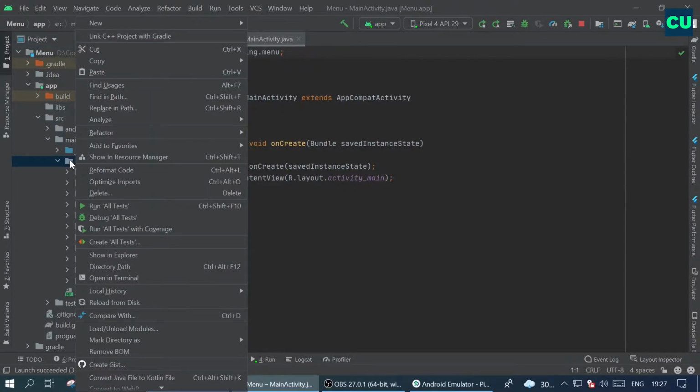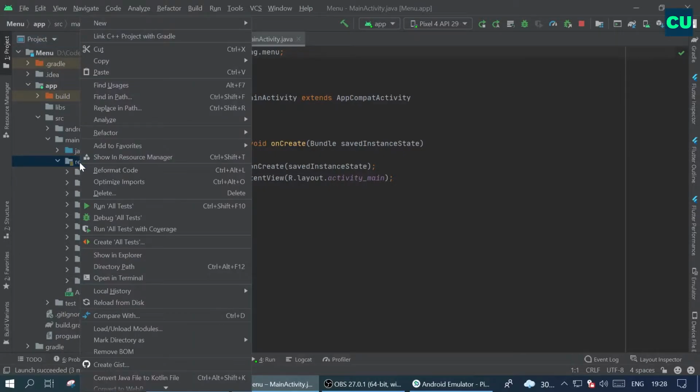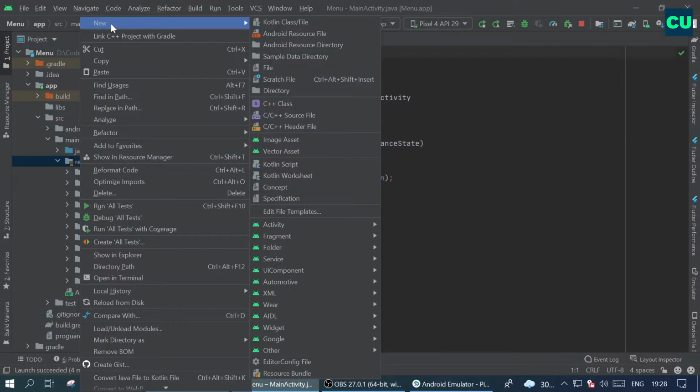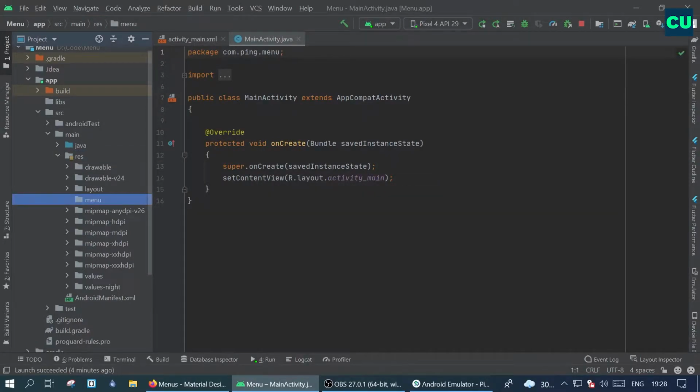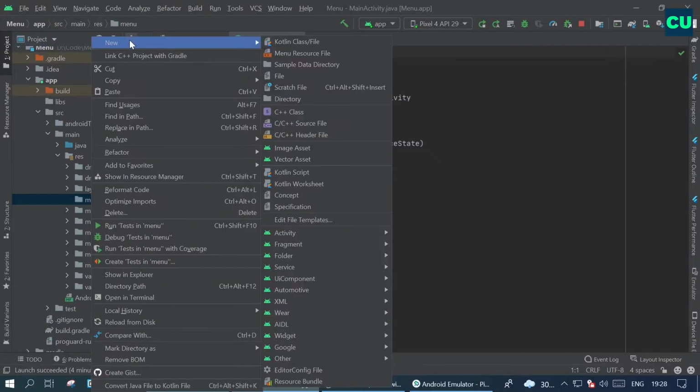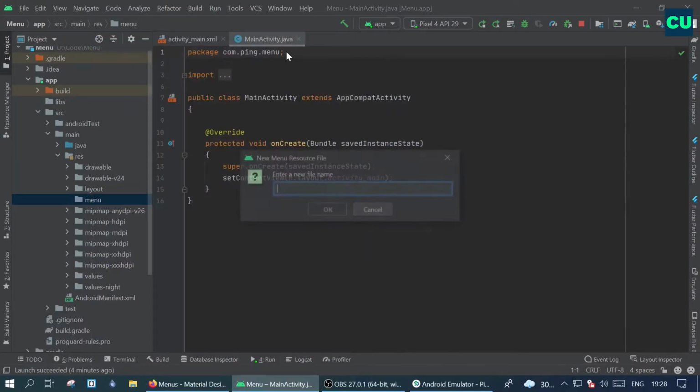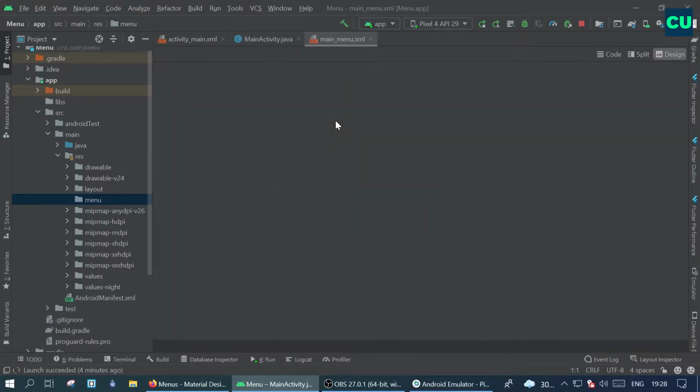If you don't have a directory called menu, please create a new directory by right-clicking on the res folder, new directory, and name this directory menu. Once the menu directory is created, create a menu resource file. Right-click on menu, click on new menu resource file, and name your menu resource file accordingly. I'll name this main menu and then click on OK.